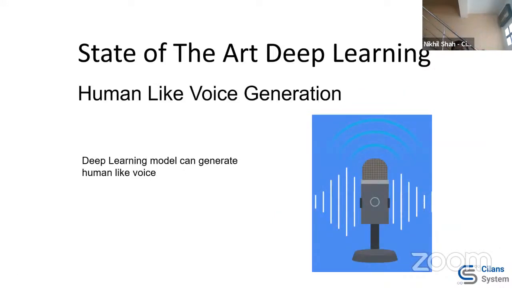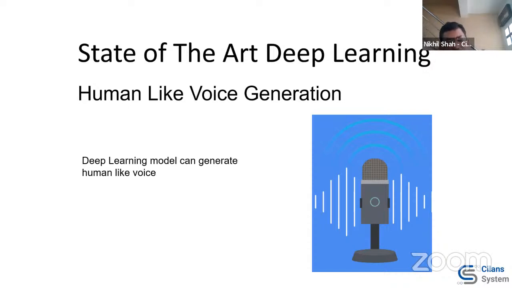Similarly, human-like voice generation, right? I want to generate the voice for a given text. That is a deep learning problem. And I'll tell you something you may find quite fascinating: there are companies already offering solutions, and I can also demonstrate to you where you just give an image, some image of the New York Statue of Liberty, or maybe a traffic jam near a railway station, right?